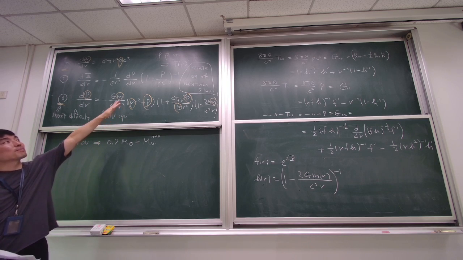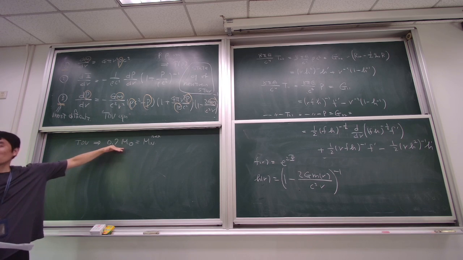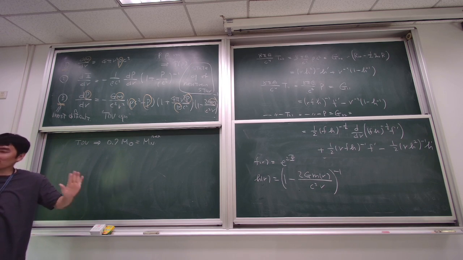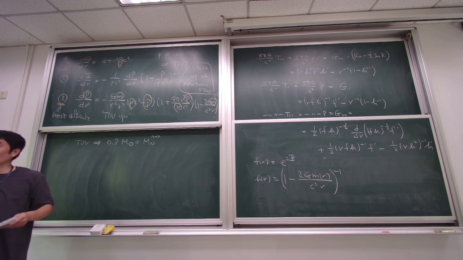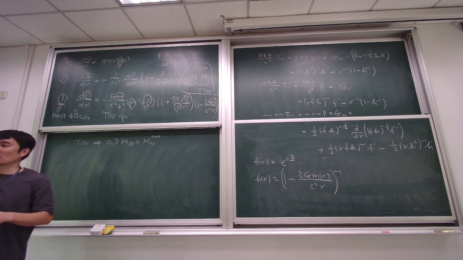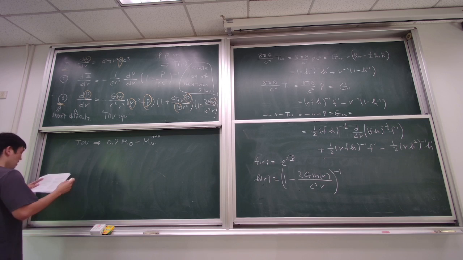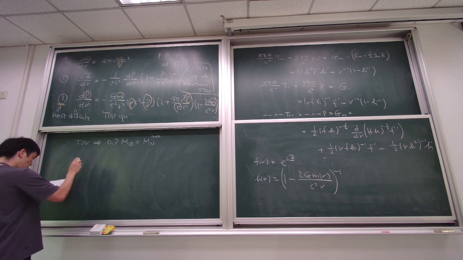They assumed a very simple P of rho function, and they obtained this one. They don't include any assumption of strong force and so on. So they obtained this one, which is less than the Chandrasekhar limit. That's why people were kind of skeptical of this result. But if you introduce strong forces and so on,